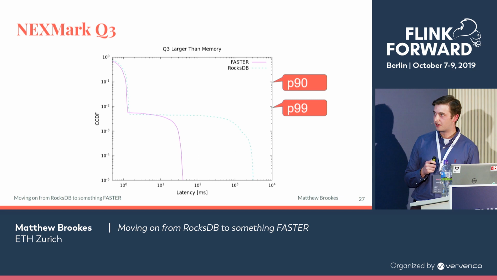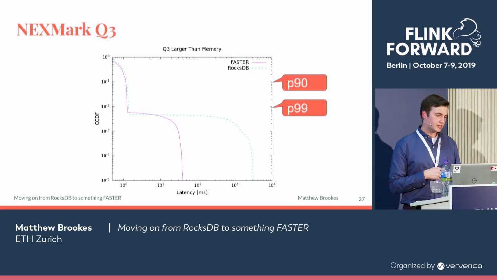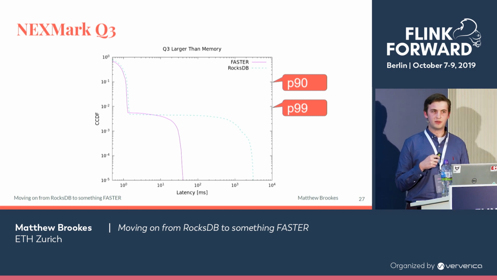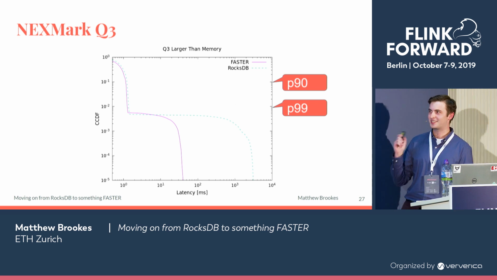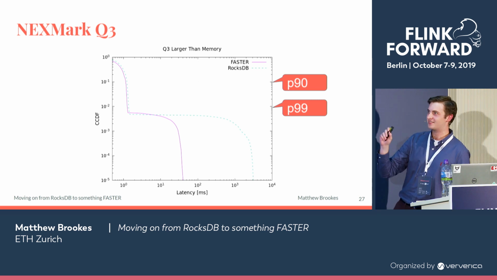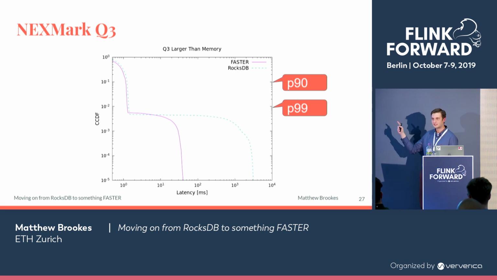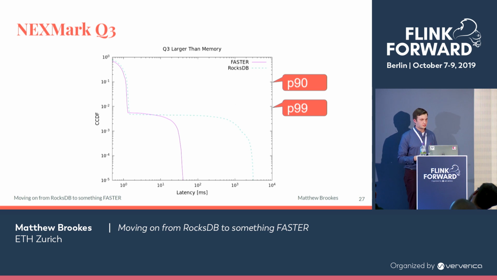So I put this graph up. That probably needs a little bit of explaining before jumping straight into it. What we do to collect these results is we measure the per record latency when we're processing tuples, and we calculate the CCDF, which is the complementary cumulative distribution function. The simpler way to read it, instead of reading the numbers on the left, these 10 to the minus whatever, is to think of these in terms of a P90 latency, a P99 latency, P999 as we go on. So what the graph shows us